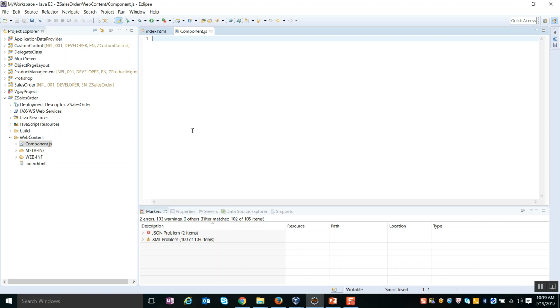So for me to create the instance of the component, there is already a standard class which is available for the component. By inheriting from that particular class, I'm going to create my own component. So to do that, I'm going to make use of this module